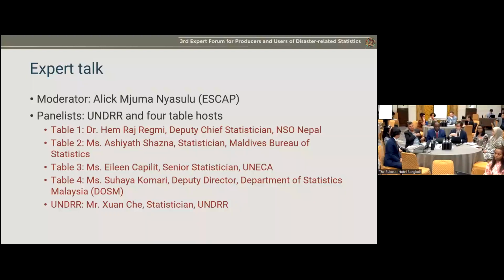And from the 4 topics that we discussed, it's very clear that whether we touch upon the agricultural sector, housing, slow onset, or collaboration, we want to build on and even enhance existing national statistical systems. We want to make sure that data already within your system is utilized before we even think of collecting new data. And experts are in your country. The question would be, how do we bring them together, right?